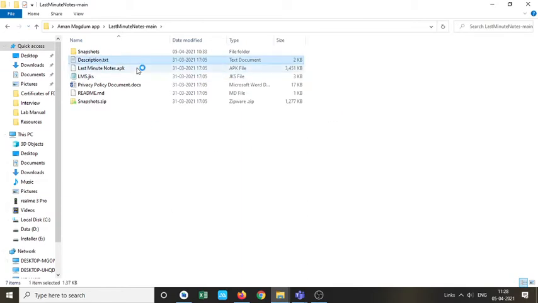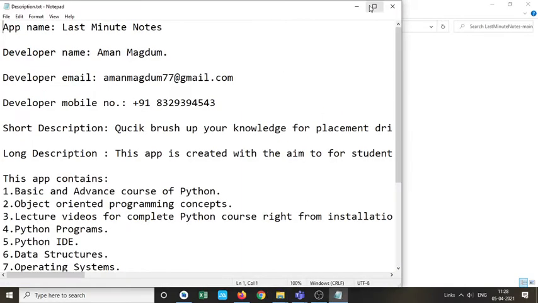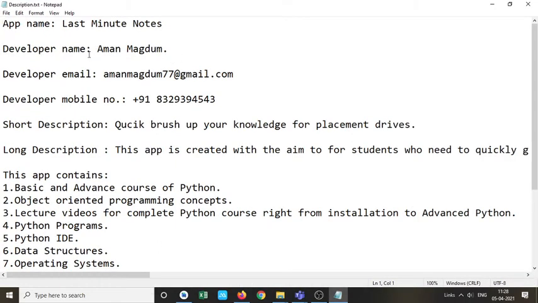First, you need to give me a text file or Word file which contains these things. You need to give me the app name. You need to decide a unique app name, so that your target audience will search that app name in the Google Play search box, and your application will appear there. It may be possible that multiple apps have the same name, but try to give a unique name.